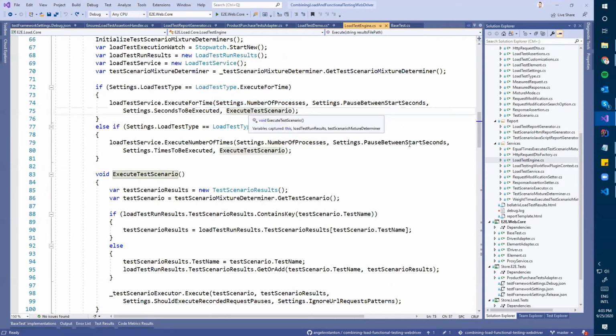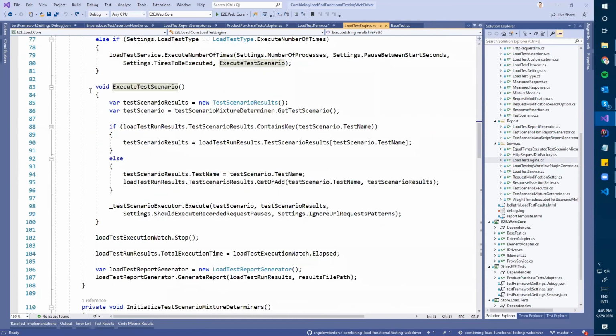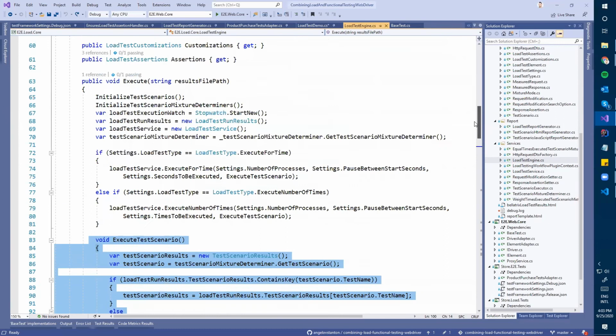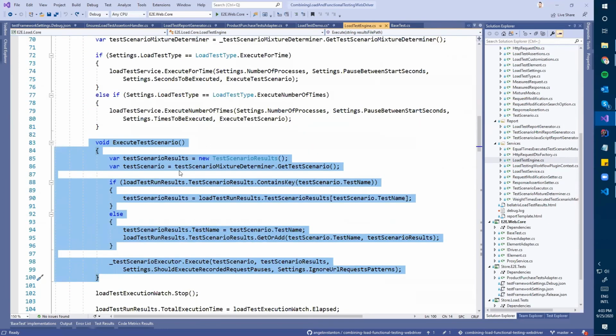This method here, basically, I provided this as a local function. The local function comes, I think, from C# 7. This is a function inside the function in C#. Instead, this can be like a private method, that's fine. Basically here,